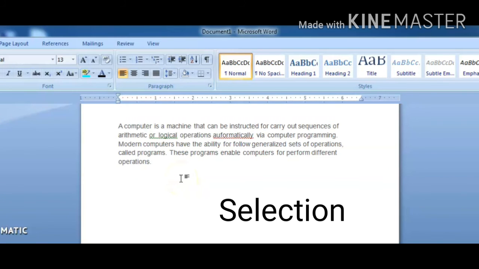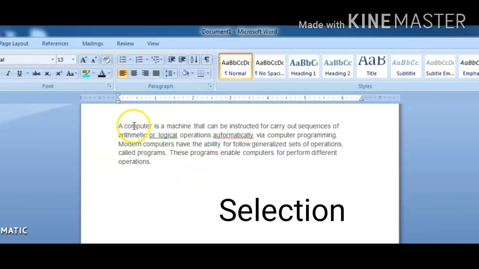Next is selection, that is, by taking the cursor to the starting of the text, holding the left click button and dragging the mouse so that you can select the text, and the text will be highlighted in blue color. Here you can see the blank space on the left side of the text, that is the selection area, and a single left click on that area can select the line next to it, like this. So you can do the selections differently.